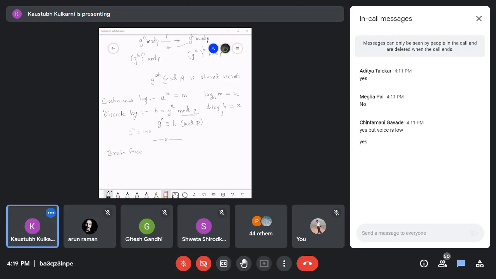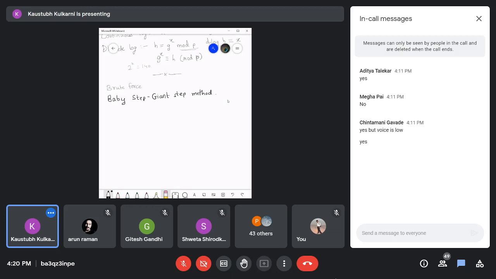Then, now this method is called the baby step, giant step method. Baby step, giant step method. So the algorithm